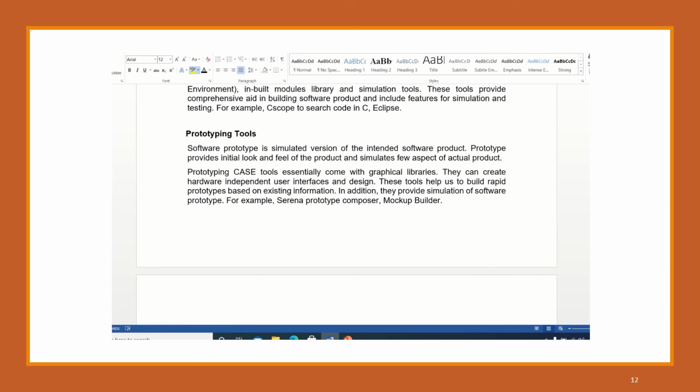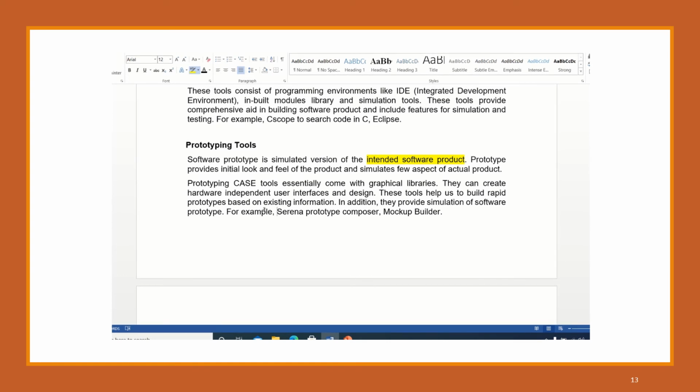Then prototyping tools. A software prototype is a simulated version of the intended software product. The prototype provides an initial look and feel of the product, and it will simulate a few aspects of the actual product. The examples include Serena Prototype Composer and Mockup Builder.